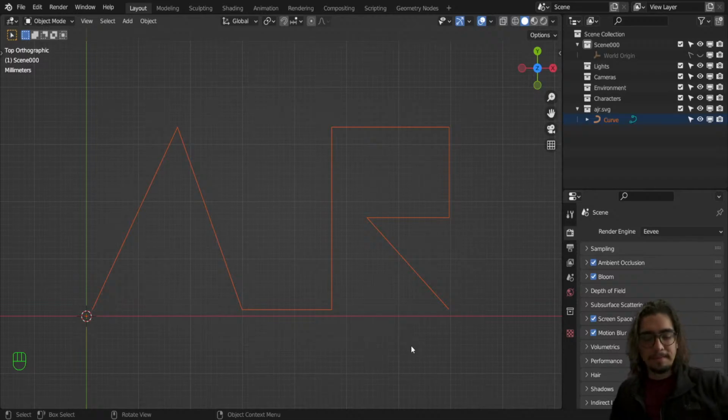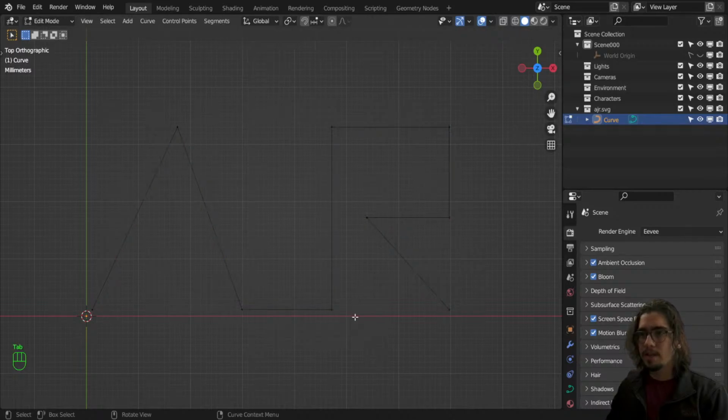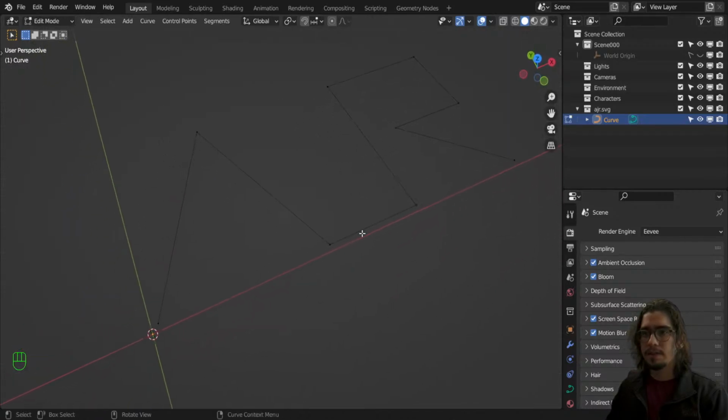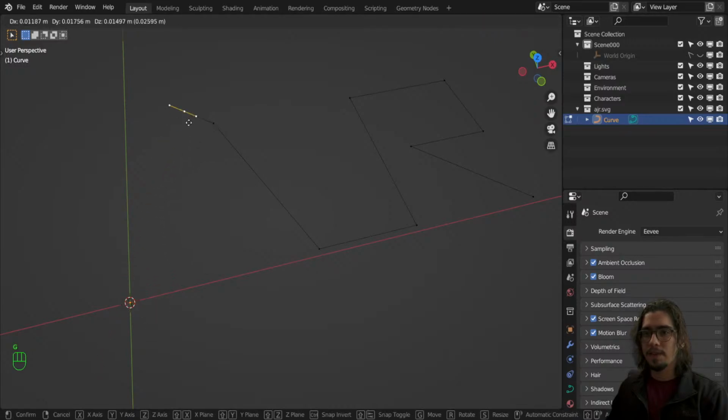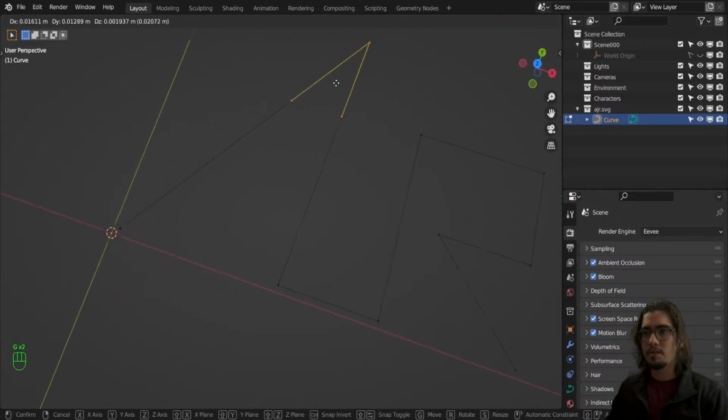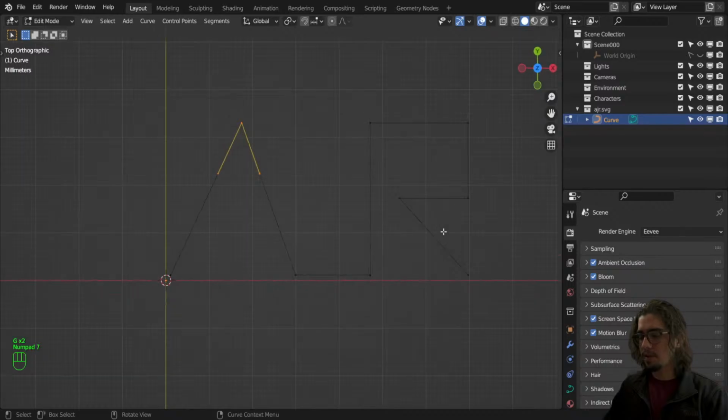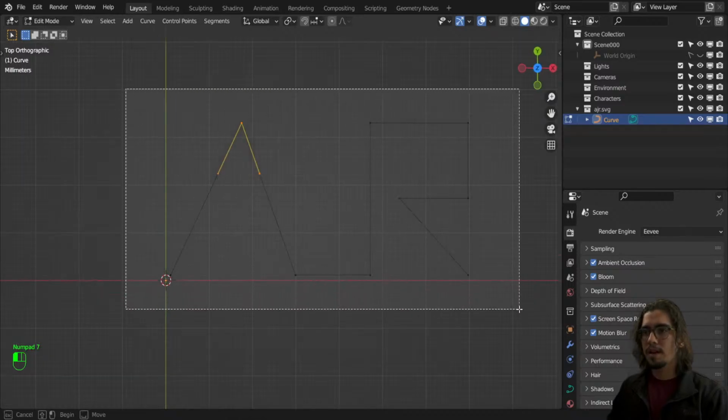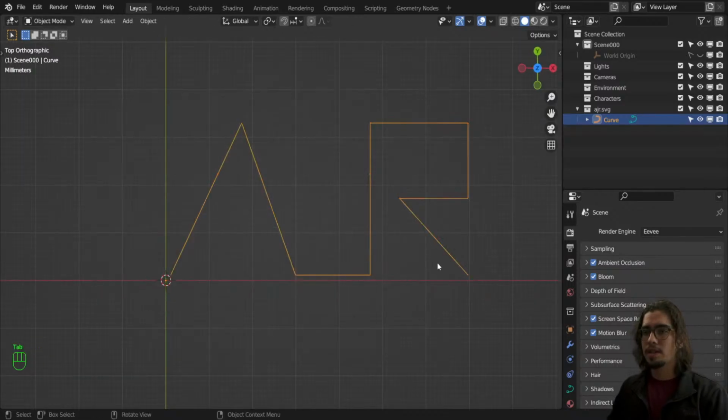So we have the file and we've brought it in as an SVG. And if we hit the Tab key, we can actually see the different vertices that make up this SVG, and we can manipulate them as we want. So we're not going to actually be moving them in just any direction. We're going to move them up or extrude them. But first, let's stay organized. Let's rename this curve